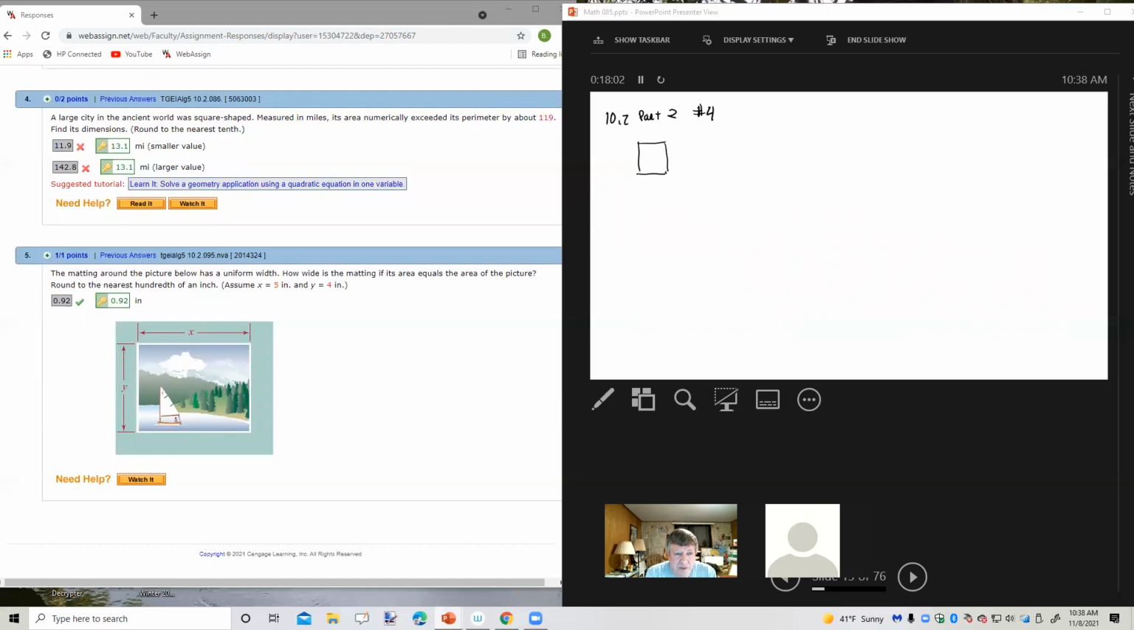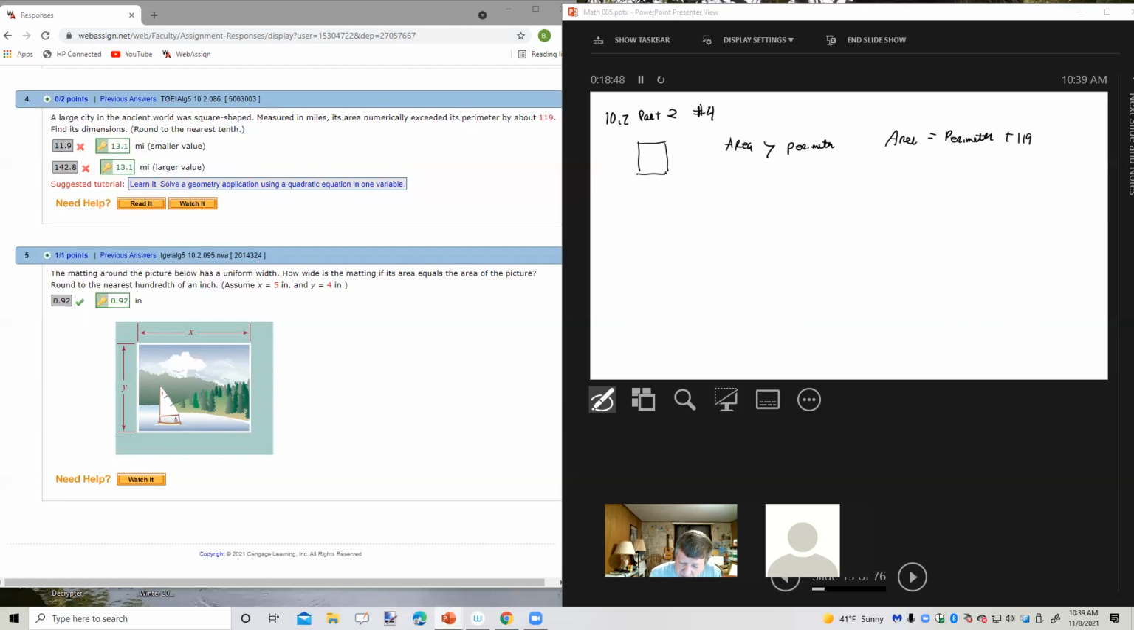Measured in miles, its area numerically exceeds its perimeter by about 119. The area would be in square miles and the perimeter in miles, but they're just saying numerically, so sort of ignoring the units. So the area is greater than the perimeter. How much greater? The area equals the perimeter